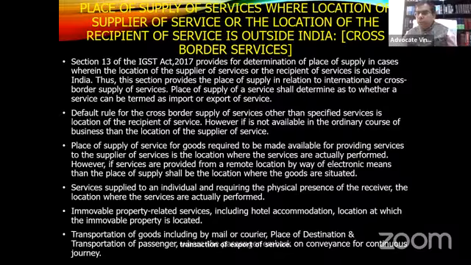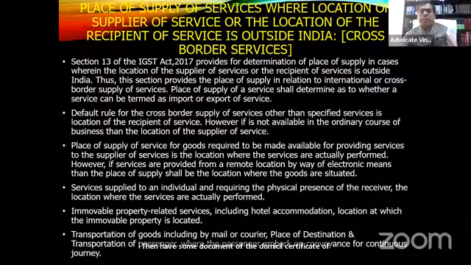Here also I will caution that it is very essential to maintain some documentation to establish the location of the recipient of service. So one must maintain a document of the domicile of the recipient. If one is an individual, then have a domicile certificate of such a person or the tax residency status of such a recipient. Or if it is a company, then have documents of incorporation or tax domicile or other documents through which one is able to establish that the recipient of service is located outside India.